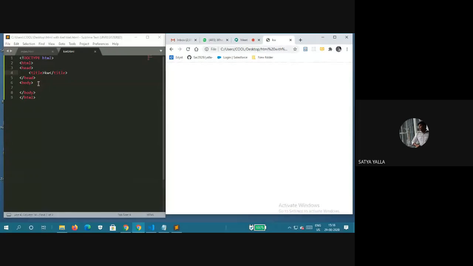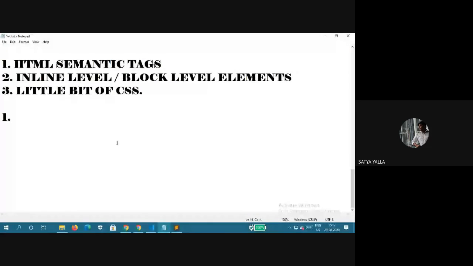The entire thing is common, guys, whether it is normal or semantic tags, the format is the same for all. And first in, first out, here in semantic tags the first one we go with is the header. So when you open the header, just type the header. Given a header, and guys, what is in a header? Semantics.